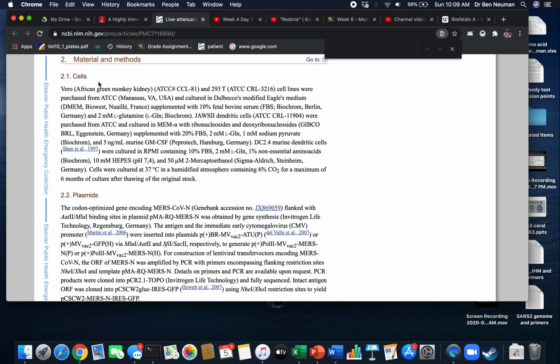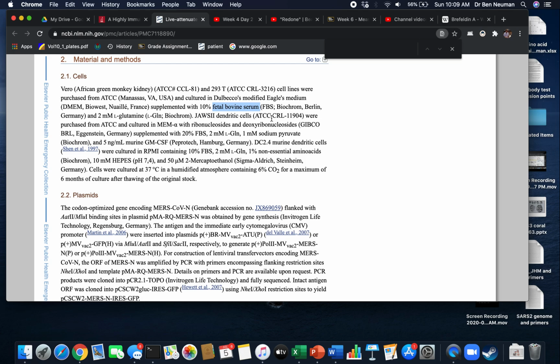Normally, if it's something to do with a virus or a vaccine, your first section is going to be cells or cells and viruses. And so here they're just listing all the different types of cell that they're going to use and exactly what kind of food they're going to feed them, which is mostly going to be some version of this thing. Dulbecco's modified Eagle's medium, DMEM. That's very common. And we do put in fetal bovine serum, which is serum like blood minus cells from baby